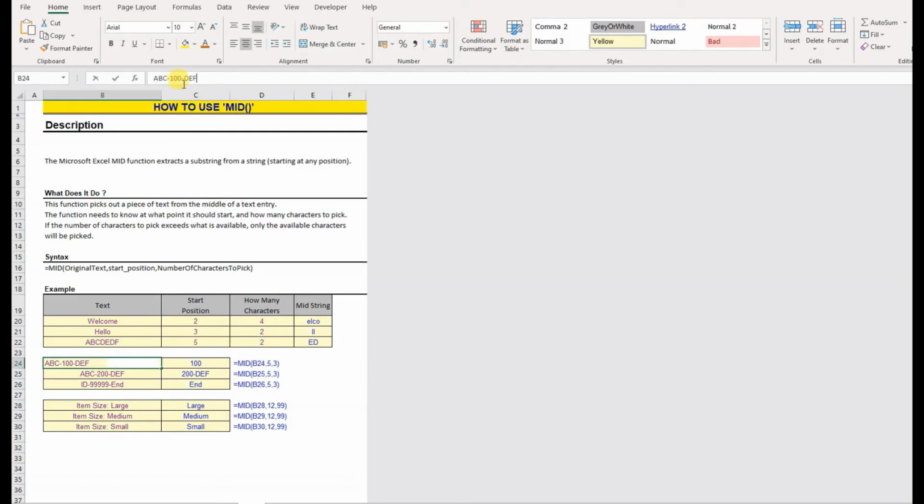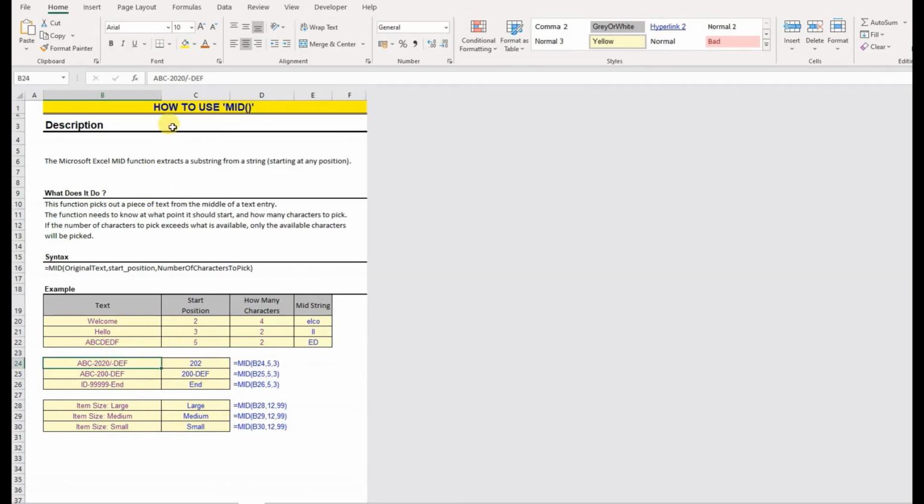Suppose here I put it like this, and I want to find the numeric value from this text. Suppose we have our employee IDs like this, roll numbers like this, the file name like this, and I want to find the numeric value or the year. Say this is 2020, and I want to find the year out of this,